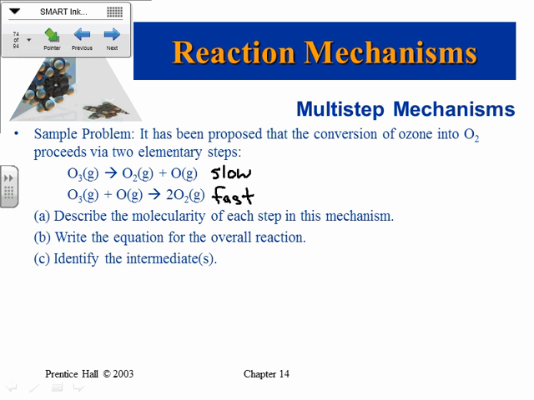So then, if I was going to write the rate law for this, now again, this could be wrong. I mean, the slow-fast part could be wrong, but let's say the first step is the slow step. Then my rate law for this one is determined only by this step, because it's the slow step. Okay, it's the one that determines how long the reaction actually takes. And this is just one O3 molecule. Okay, there's just a 1 coefficient there. So I can actually,